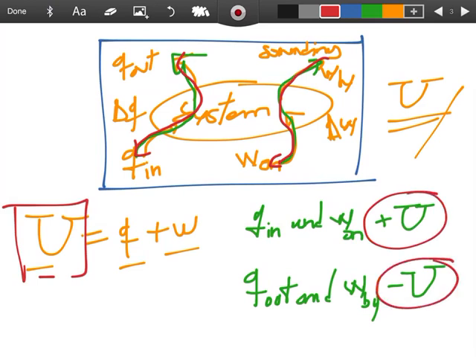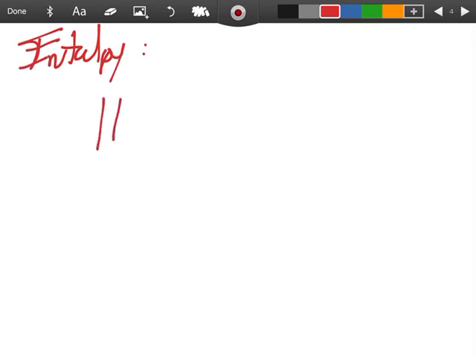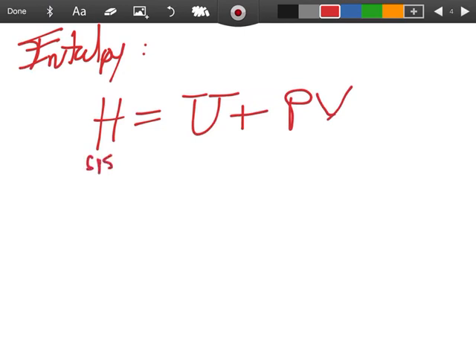Very well. So let's go now and talk about a different concept, which is called enthalpy. Enthalpy has a thermodynamical definition, which is very simple. Enthalpy is going to be defined as H, and it's going to be an addition of the internal energy plus the pressure times the volume of the system. So we're talking about the enthalpy of what? Of the system. Very well. And that means that the enthalpy of the system will be a function of what?